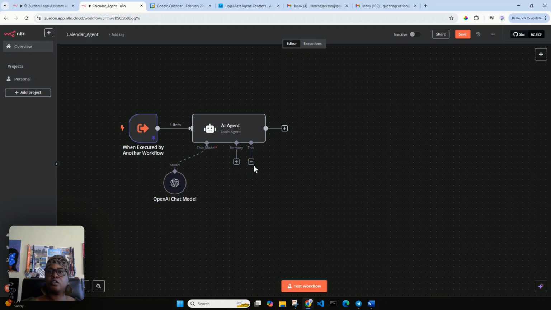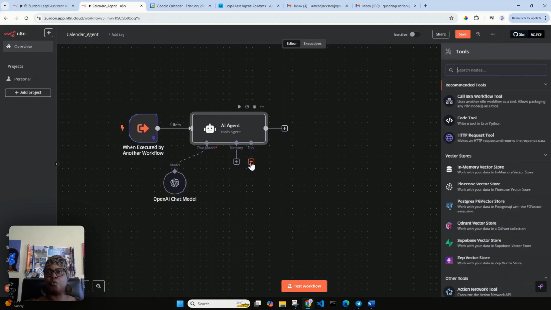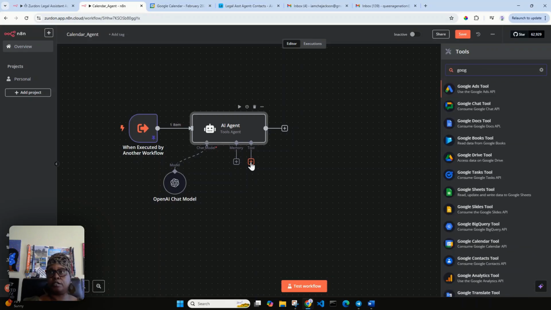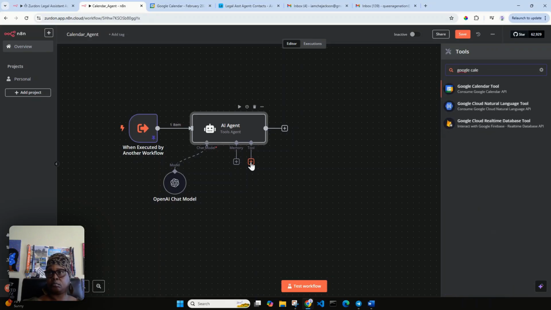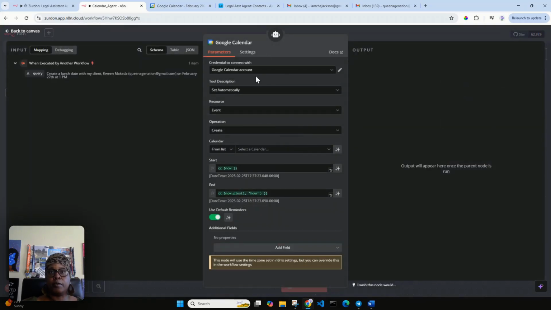Okay, so the first tool we said is that we are going to choose, and the calendar app that I'm using is Google. Okay, so I'm going to type in Google Calendar. All right, so for the tool description, instead of set automatically,